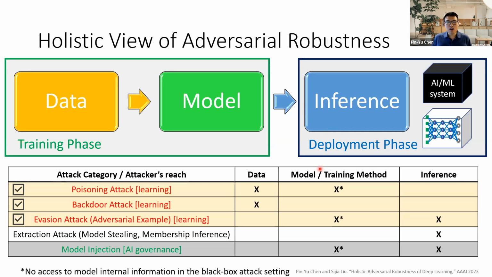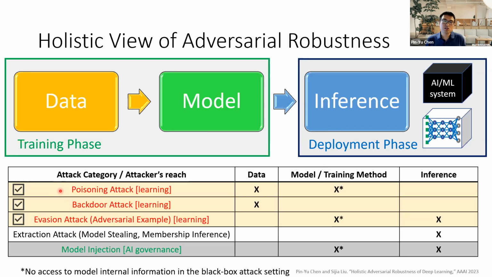So based on this life cycle perspective, now we can define what attackers can do. And depending on what the assumptions of the attackers can do in this space, there will be correspondingly different attacks that can be discussed and considered in this domain. So for example, if you assume the attacker can have access to your training data and have the ability to modify parts of your training data, then we are basically talking about training phase attack. And there are typical examples like a poisoning attack that tries to